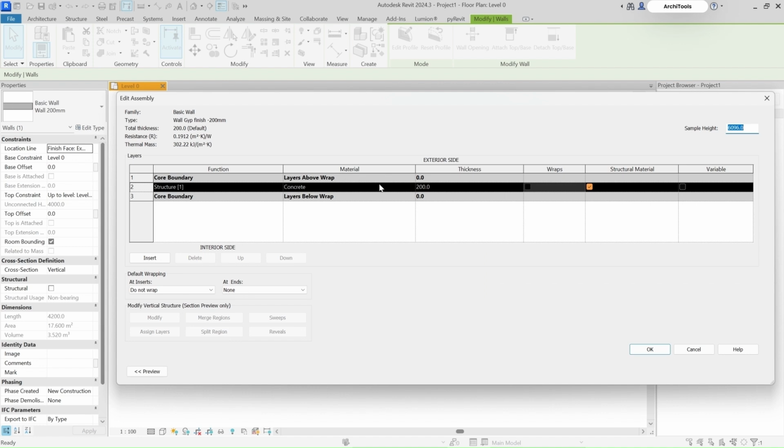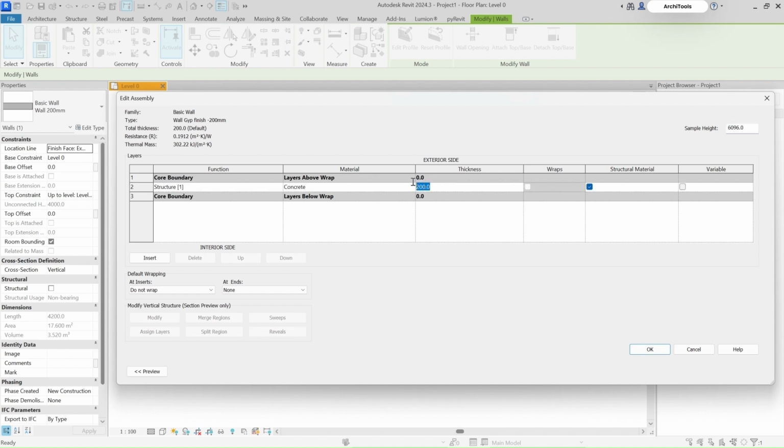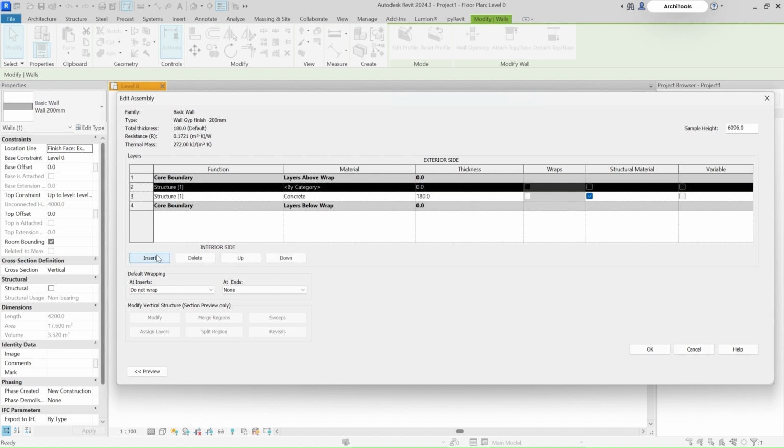This time, since we have total thickness of 200 and we have to take that thickness and consider the structural part also and the finish part also. Let's say we have finish of 10 mm and 10 mm on both the sides. So the structural part remains is 180 mm. So I have to reduce this to 180 mm and I have to insert